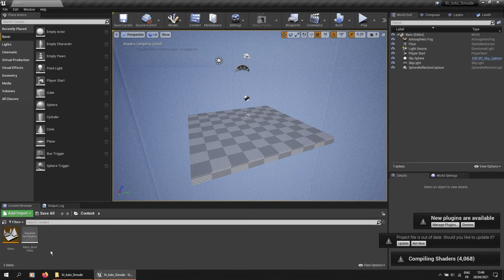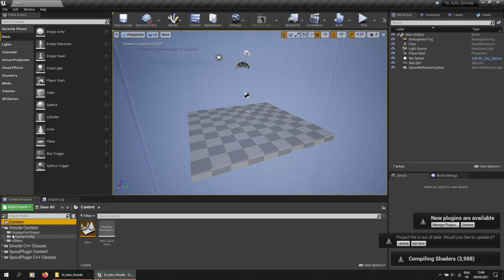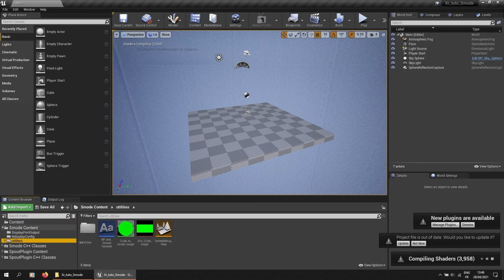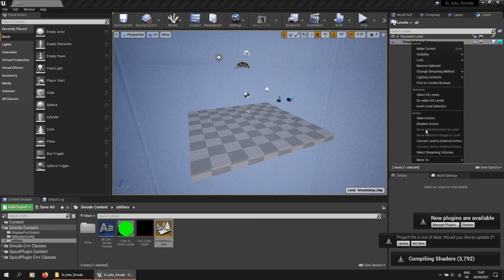Okay. Now in this project we need to import the SMOD objects. So in the SMOD plugin, in utilities, we have a setup map with Composer and a SMOD rig already created in it. So for quickly importing it, I will drag and drop this level as a sub-level of my persistent level.